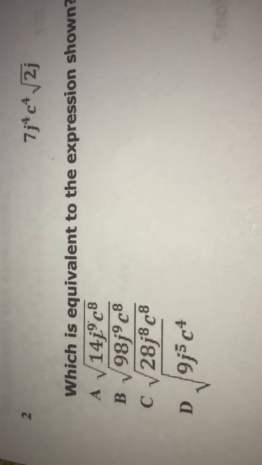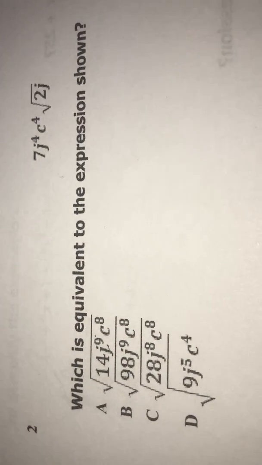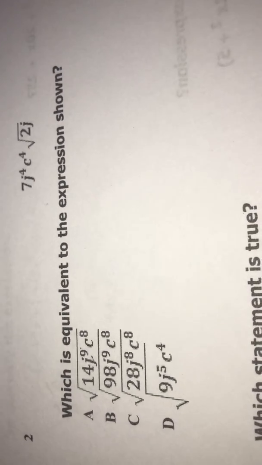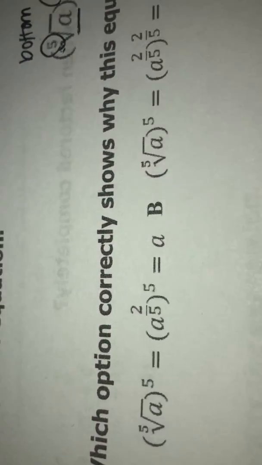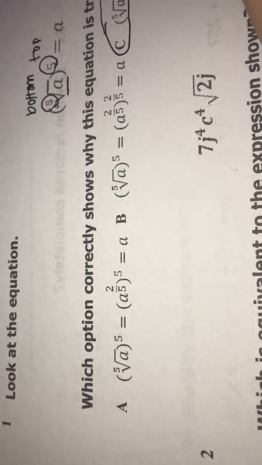For number 2, first, the easiest thing to look at is to find the ones that divide most easily by 2. So j to the 9th does not divide by 2, so we can just go ahead and mark that one out. This one does not divide by 2, and this one does not divide by 2, and that leaves us with C as our answer. So when we go back, 28, j to the 4th, j to the 8th, c to the 8th, and we work that out,